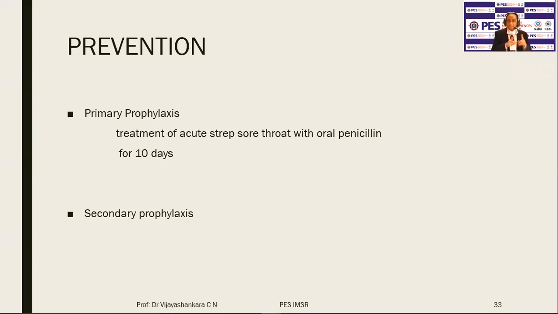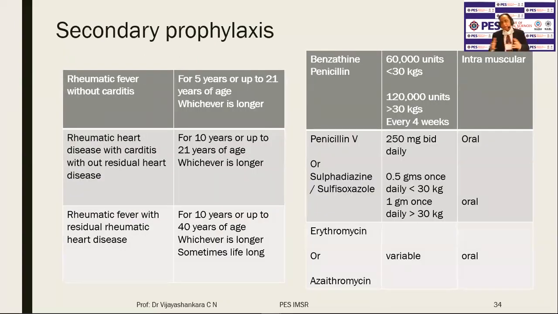So every time the child gets streptococcal sore throat, you treat with antibiotics for 10 days. That is primary prophylaxis, because recurrent sore throat is the cause for acute rheumatic fever with carditis and consequent complications of carditis. Then there is something called secondary prophylaxis. Secondary prophylaxis is when you have already diagnosed acute rheumatic fever. It was not prevented because